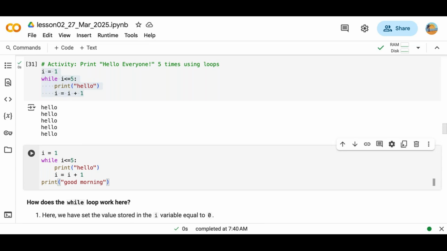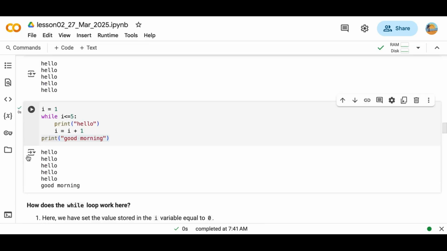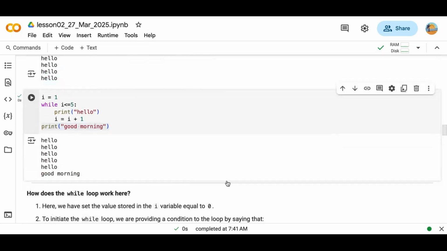So we are printing hello 5 times. Then outside it, there is one more print statement. It would print hello 5 times and then good morning. So after the class, take this